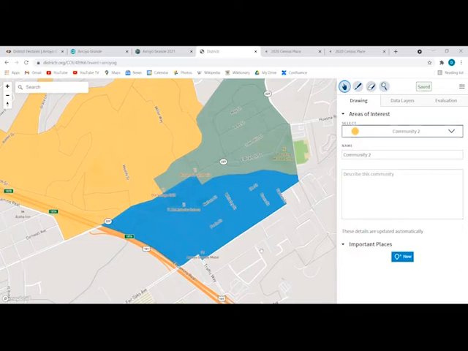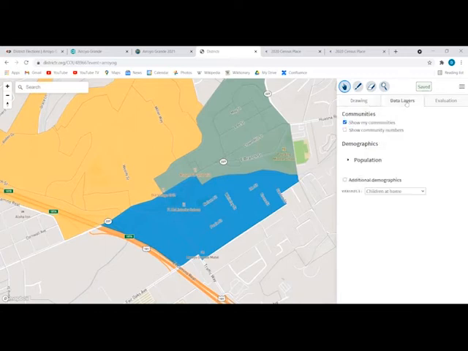So go ahead, Linda. Daniel, could you show us again exactly how you would populate maybe the village, the blue section that you have just colored in? So we know how many people we have chosen there. Okay, so if you go to the village and then go to data layers,